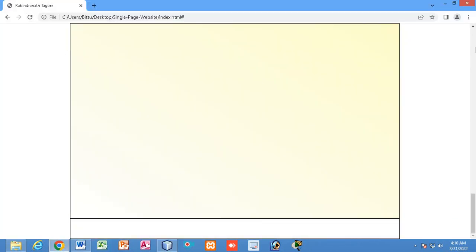Let me show you. Now you can see this is the contact div height and width, and at the bottom we have the footer div, right?